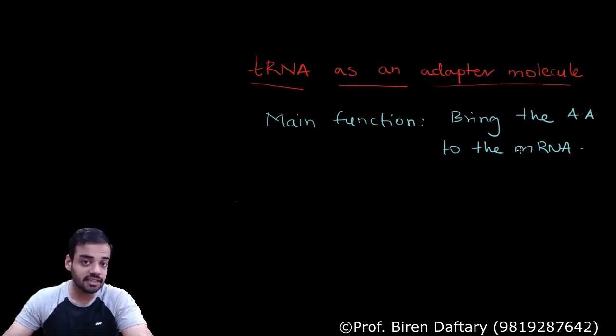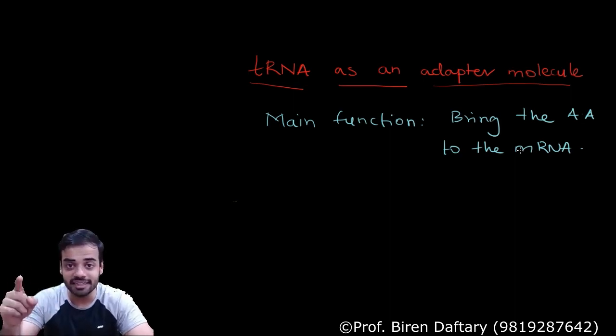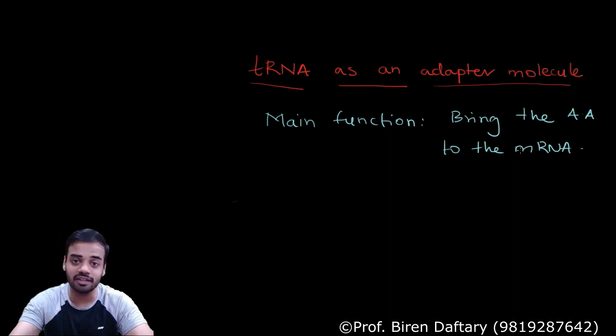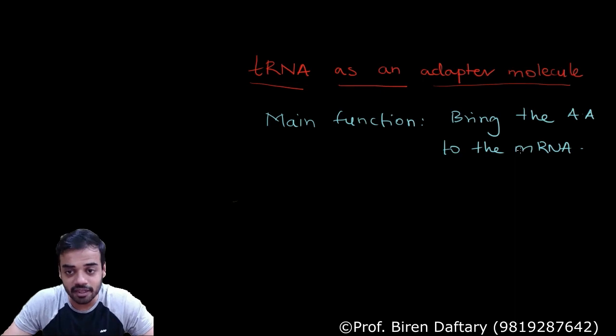The tRNA is produced by transcription, the same way mRNA is produced, correct? If you remember, tRNA is produced by RNA polymerase 3, DNA dependent RNA polymerase 3. So if that enzyme is used in transcription, tRNA is produced. It is produced inside the nucleus, because transcription occurs in the nucleus, and after transcription the tRNA will go out into the cytoplasm and bring the amino acid to the mRNA. Is this concept clear?